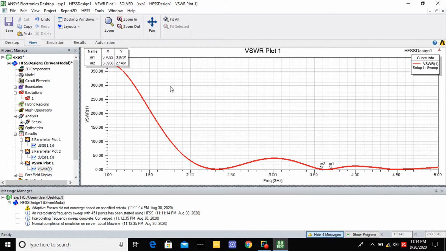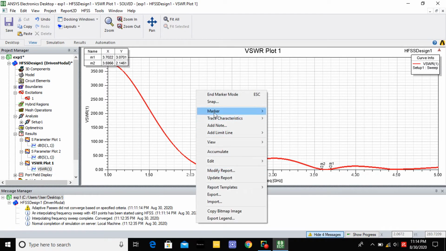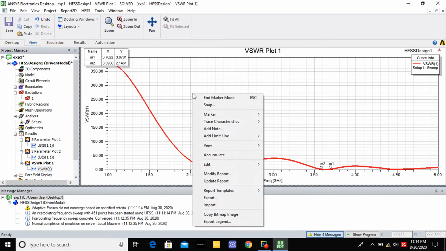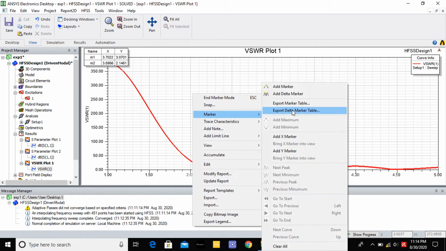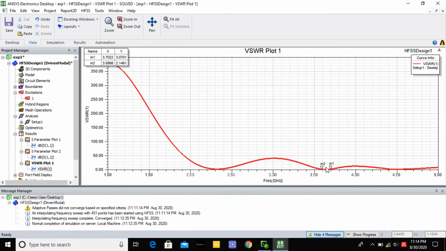See here at 3.6, go to marker, add marker. See at 3.6, that VSWR value is 1.1924. Okay,